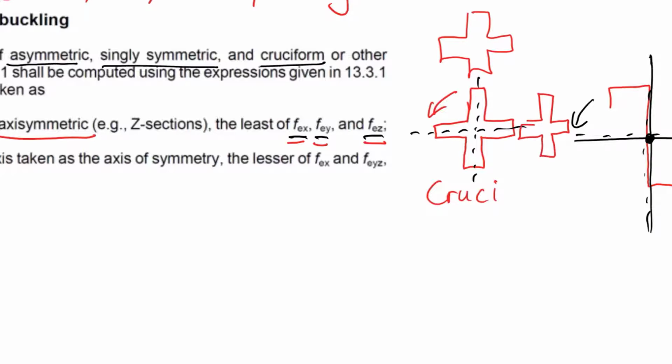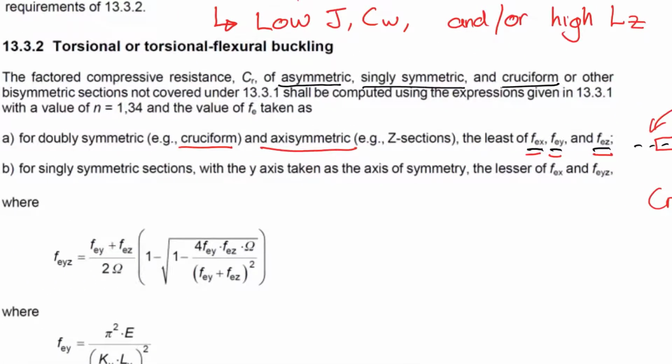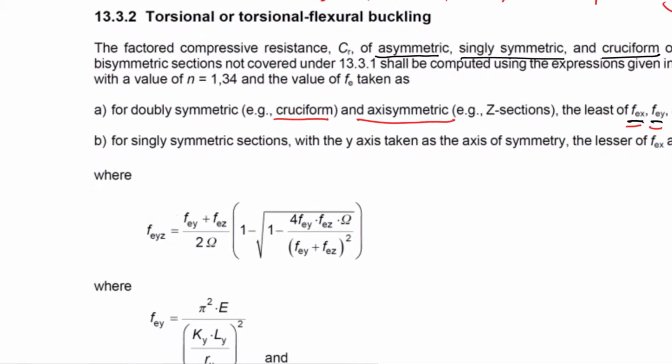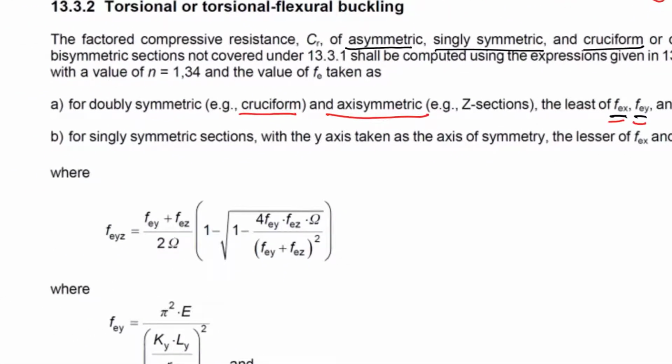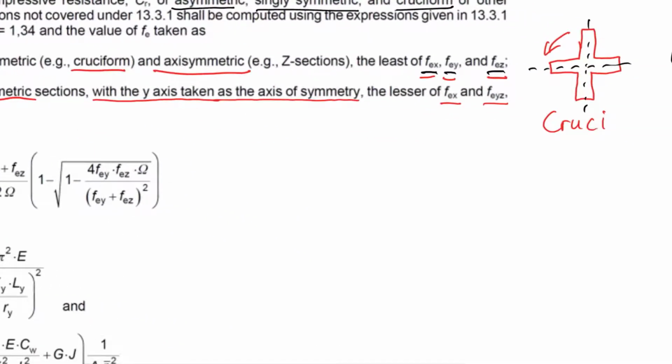Refer to some of our other videos where we discuss this, but I know this is one section that people often don't understand. So remember, FE is an elastic stress, an Euler buckling stress. Then for singly symmetric sections, so one axis of symmetry, very, very important, with the y-axis taken as the axis of symmetry, it is the lesser of FEX and FEYZ. FEX is a major axis buckling, and FEYZ is a torsional flexural buckling, and there it is. So here, for instance, this would be a singly symmetric section